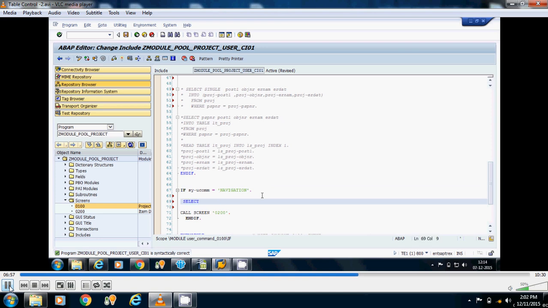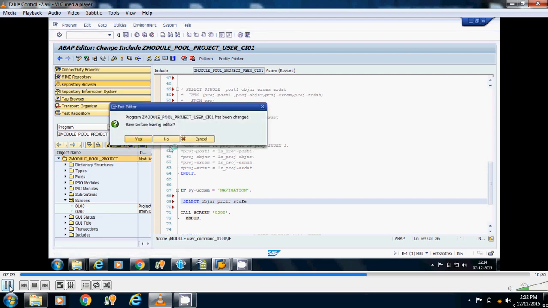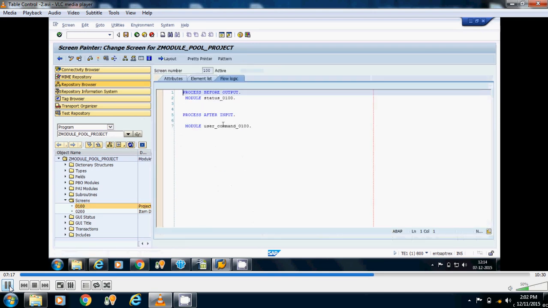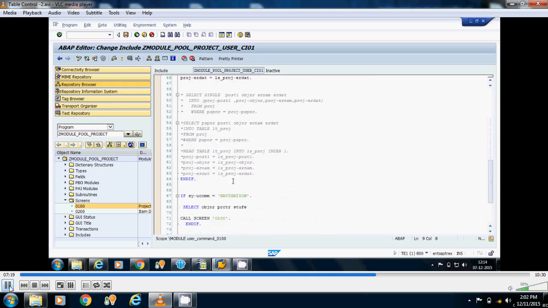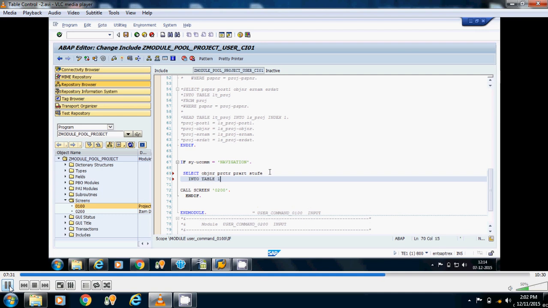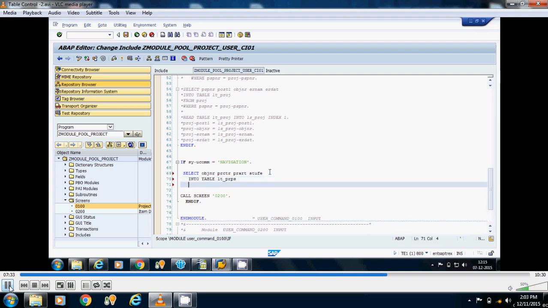From the PRPS table we are taking 4 fields: OBJNR, PRCTR, STUFE, and PRART. Into table lt_prps from PRPS where